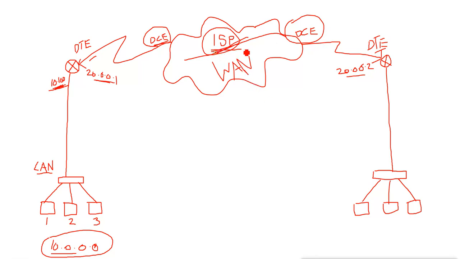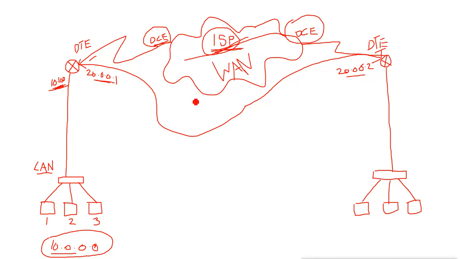So for doing this communication from one network to the other network in our Packet Tracer, we will connect the WAN port of one router directly to the other router. We will bypass the ISP. Why do we do this? Because we do not have leased lines and all, and we are doing it in the virtual Packet Tracer.